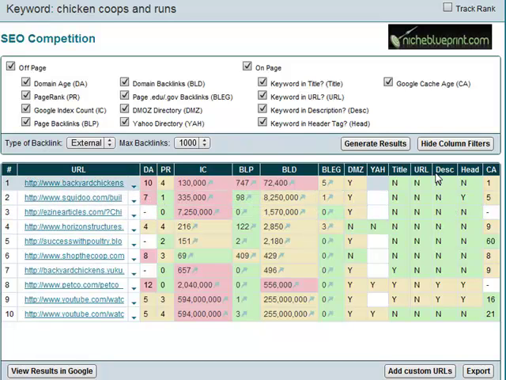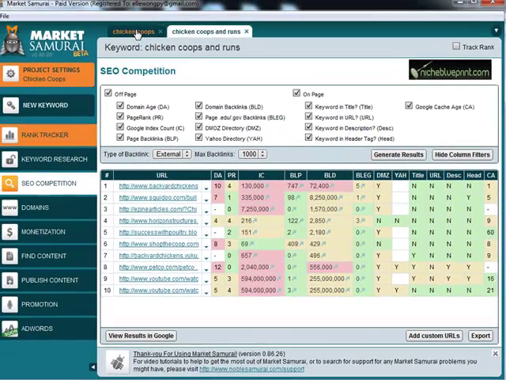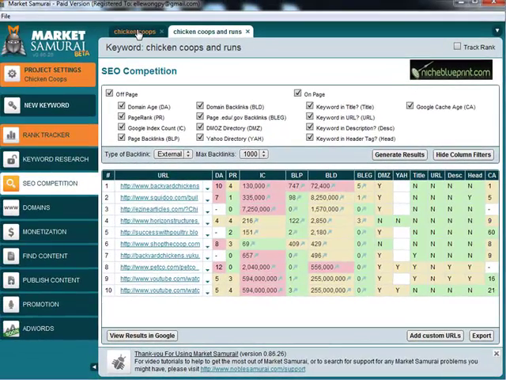Over on the right here are the columns that represent the on-page factors. This tells us whether the web page has optimized the keyword in their title, URL, H1 tag, and description. As we can see here, none of these top 10 sites has done this on-page optimization correctly, so this is again another excellent indicator. Once the in-depth SEO competition analysis looks good and we see at least one slot that we can outrank, we'll head over to GoDaddy to buy our domain name, which we found earlier, which is